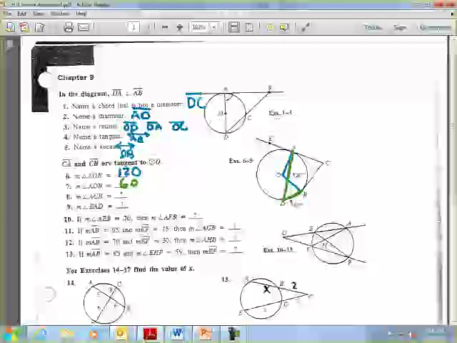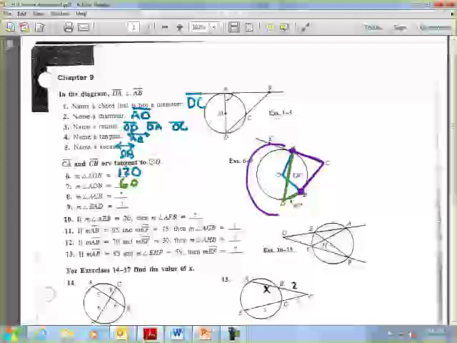ACB is an angle created outside of the circle. What is our rule for an angle outside of the circle? Half the difference of the two arcs. So when it is created outside of the circle, we need to half the difference of the two arcs. So the arc from A to B, the quick way, is 120. What about from A to B, the long way? It would be